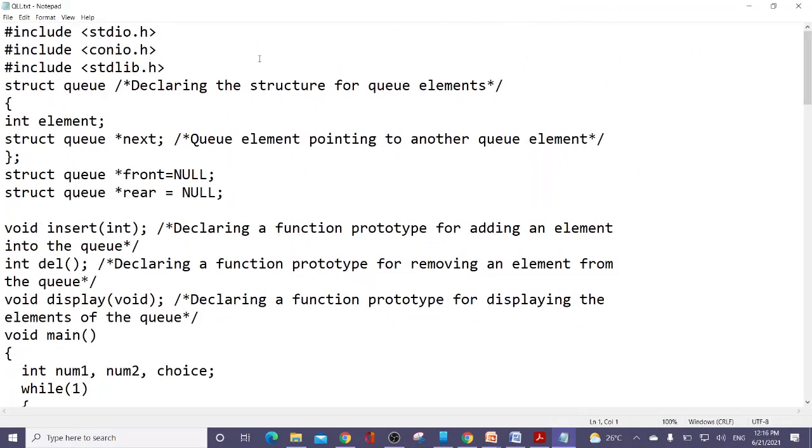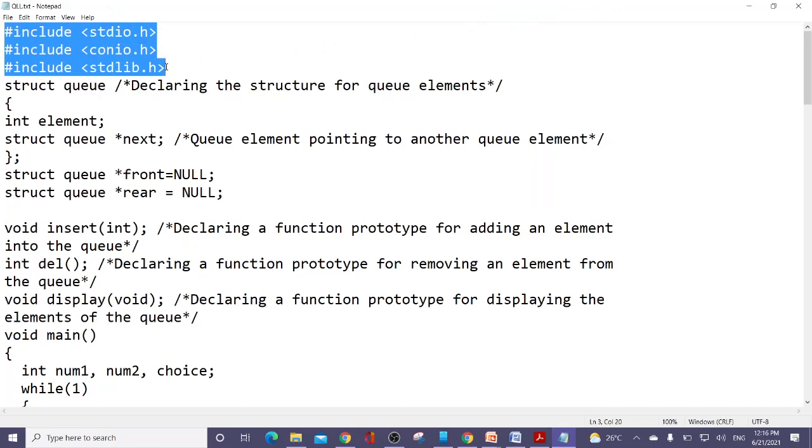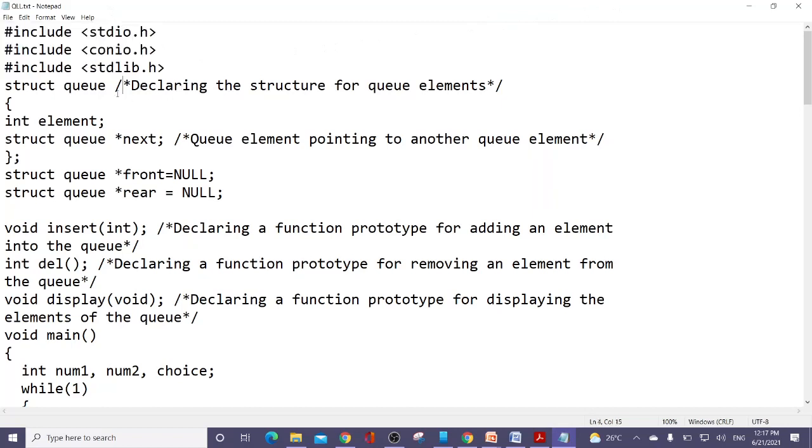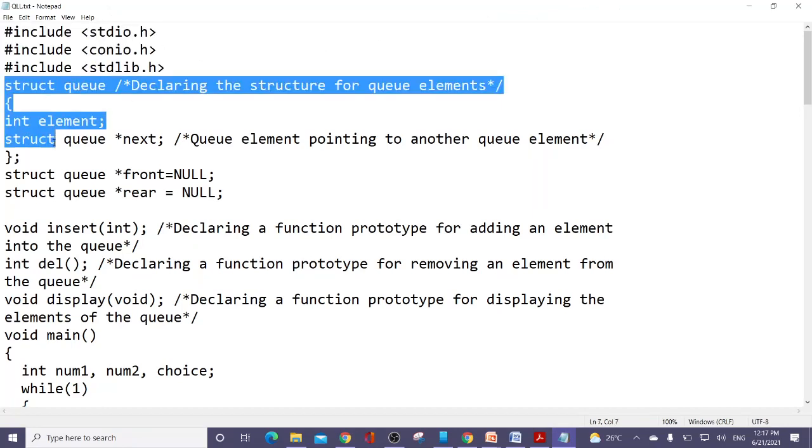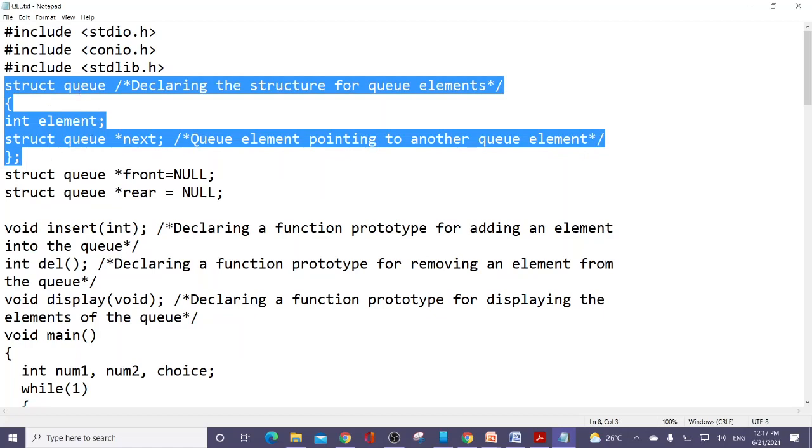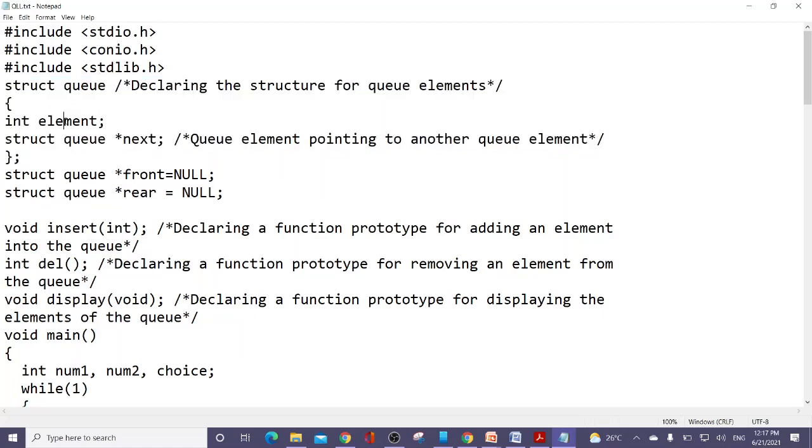Now, look at this program. You have included the required header files. Later, you created the structure called queue, and you have the element, and you have the next pointer. Front is a special pointer that is always pointing to the front, and rear is a pointer which is always pointing to the rear.